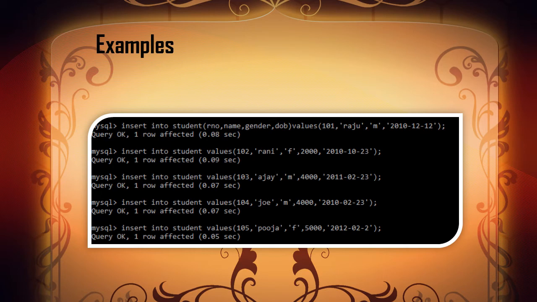And the second insert query, note it: roll number 1 or 2, name Ronnie, gender female, and 2000 fees, and then date. So if you want to mention particular columns and insert values into them, you should follow the first method. That means you have to mention the column names after the table name, otherwise no need. If you want to give values for all the columns, you can follow it without mentioning the column names.